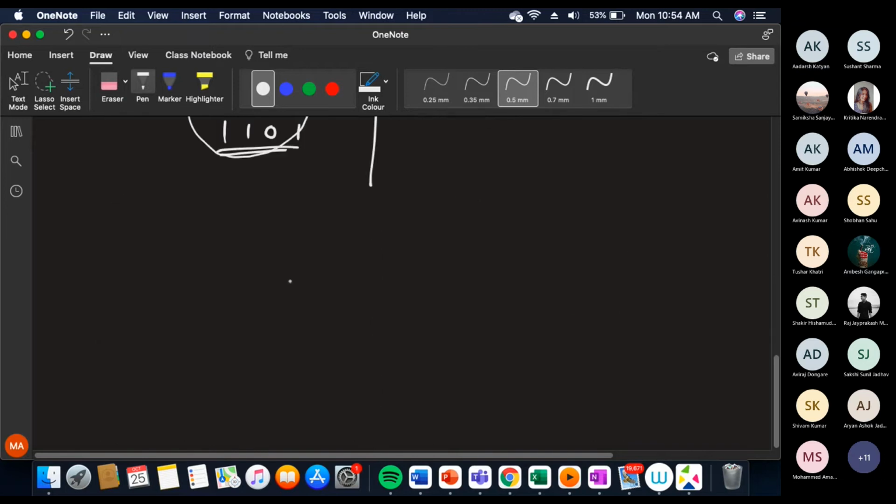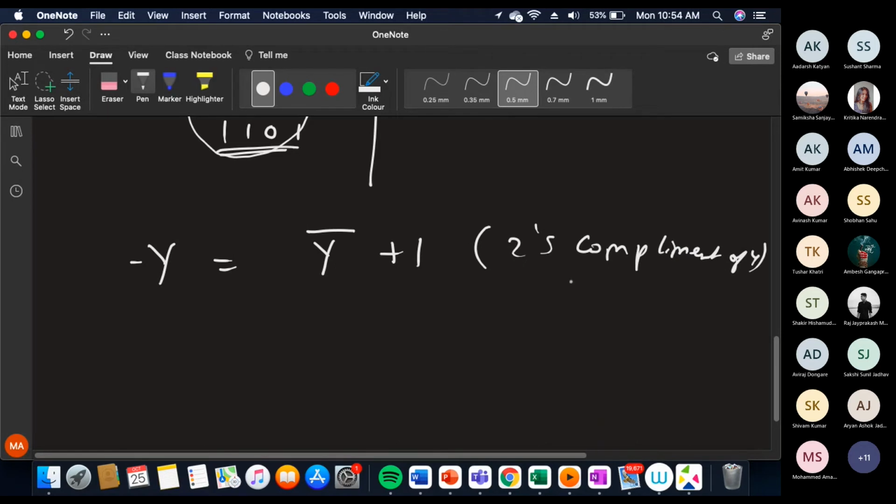So again I'll repeat it. Minus y अगर मुझे निकालना है, so minus y निकल सकता है by taking y का complement, and if I add 1 to it, that is how I can generate the 2's complement of y. Okay. So ये क्यों चाहिए? अगर I want to perform an operation x minus y, I can use it as x plus of minus y, and this minus y I can generate with the help of x plus y bar plus 1. Clear है यहाँ तक?